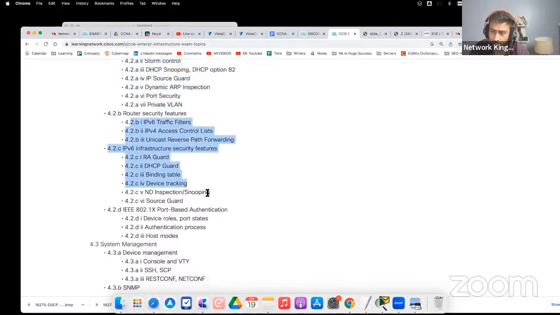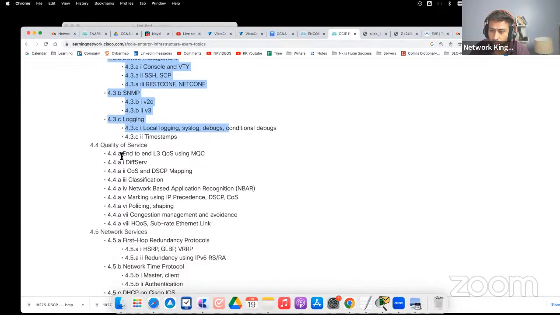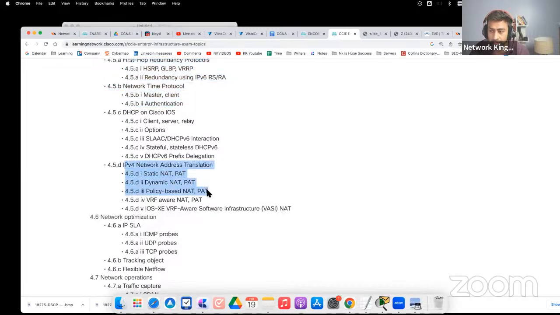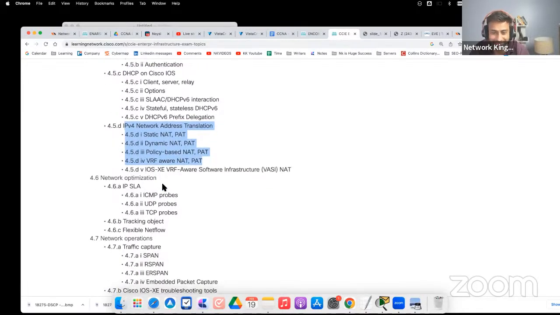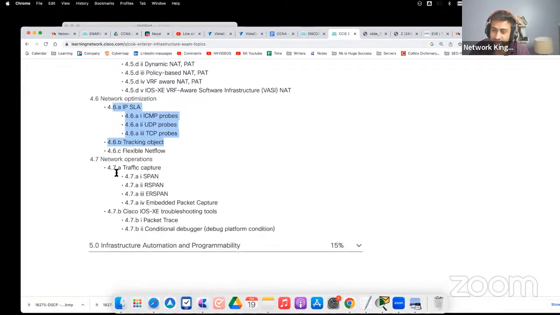Then we understand about IPv6 and all. Then we understand about SSH, port security and all, simple network management protocol, quality of service. Again HSRP, VRRP, GLBP, DHCP. ओके, NAT PAT, ये RAT नहीं है कोई, ठीक है. NAT PAT only. ओके, सो वी हैव IPSLA. सो अगर आप यहां देखो, दिस इज मोस्टली if you take my Encore and ARC, if you have attended my